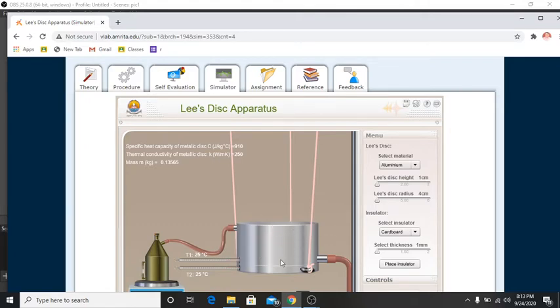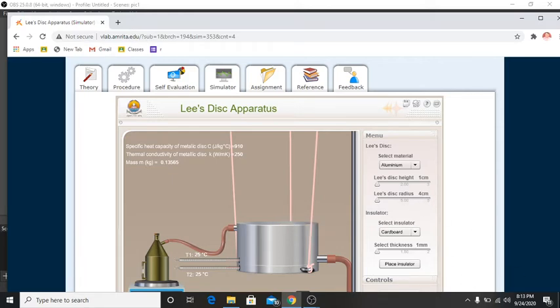Then here we have to put in between these two discs, a lower disc and an upper disc, and they are of the same material which you have to choose in your experiment. You can see that it is aluminum, and other materials can be there. In between you have to put your experimental disc, of a bad conductor, for which you want to find what is known as the coefficient of thermal conductivity of a bad conductor, and we are going to use cardboard here.